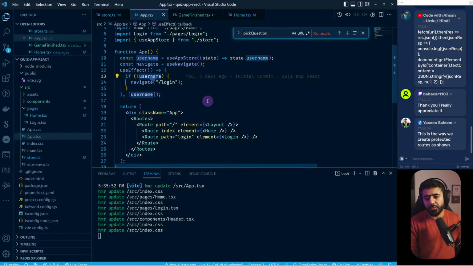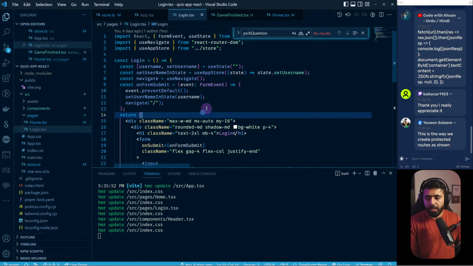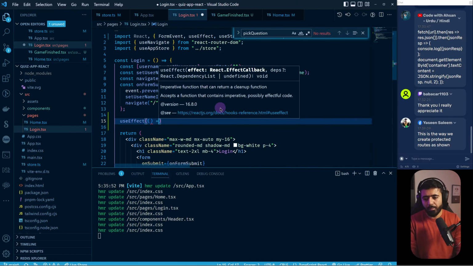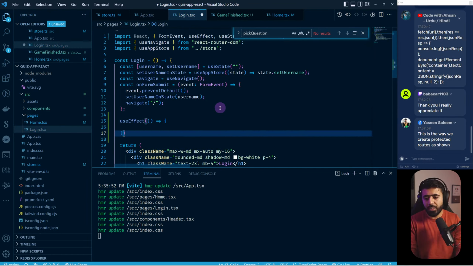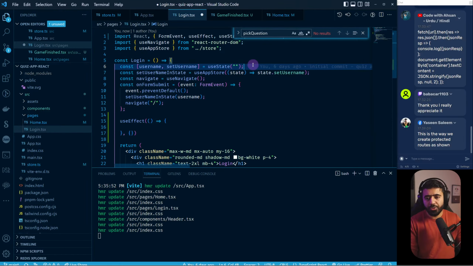So I can see if the username is not there. We navigate to login. I already have seen that. But let's also provide this to, because I'm already managing the state here. So how about we just go and we could go ahead and log in here as well. And we could put a use effect here. So we could say use effect. Because in here, what I want to say is if we have a username, then we should have